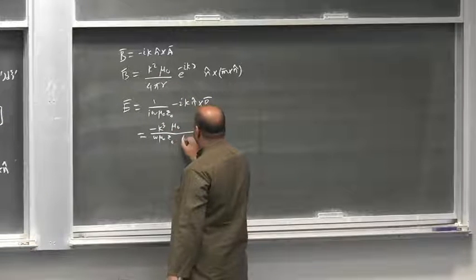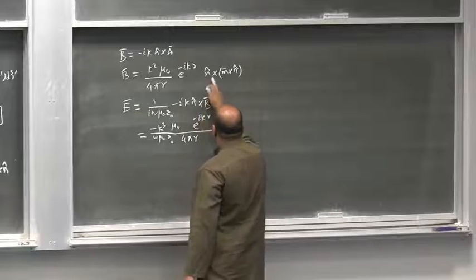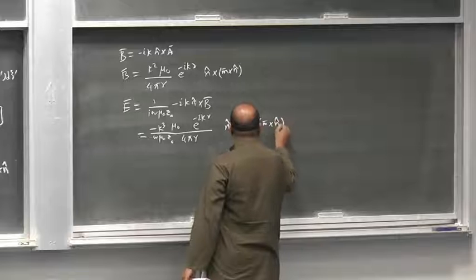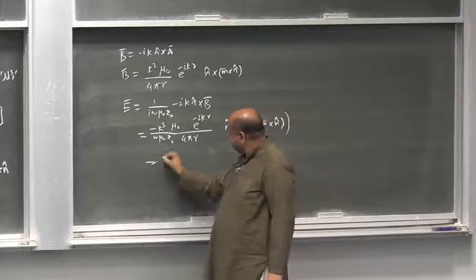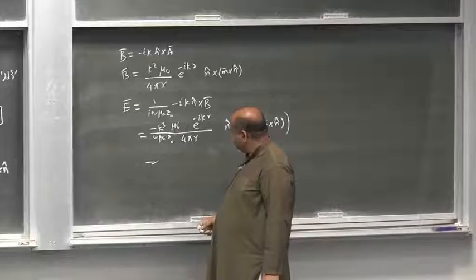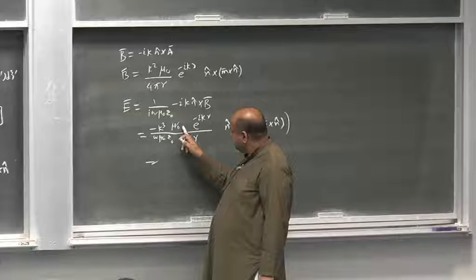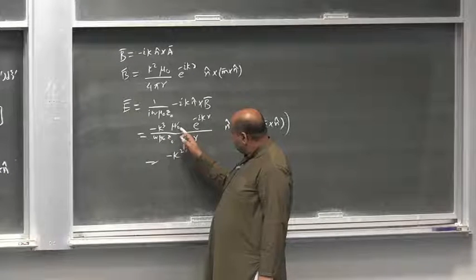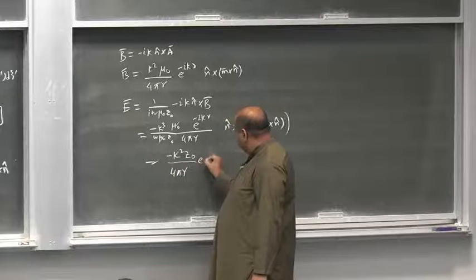mu naught आ गया, 4 pi r आ गया, exponential minus iota k r आ गया, and then n cross m cross... mu naught से कैंसिल हो गया। एक जो k है उसको अगर मैं अलग लिखूं तो वो omega root of mu naught epsilon naught बनेगा, omega से कैंसिल हो गया, so minus k square, और एक epsilon इससे कैंसिल, तो mu over epsilon आ गया, Z naught बन गया over 4 pi r